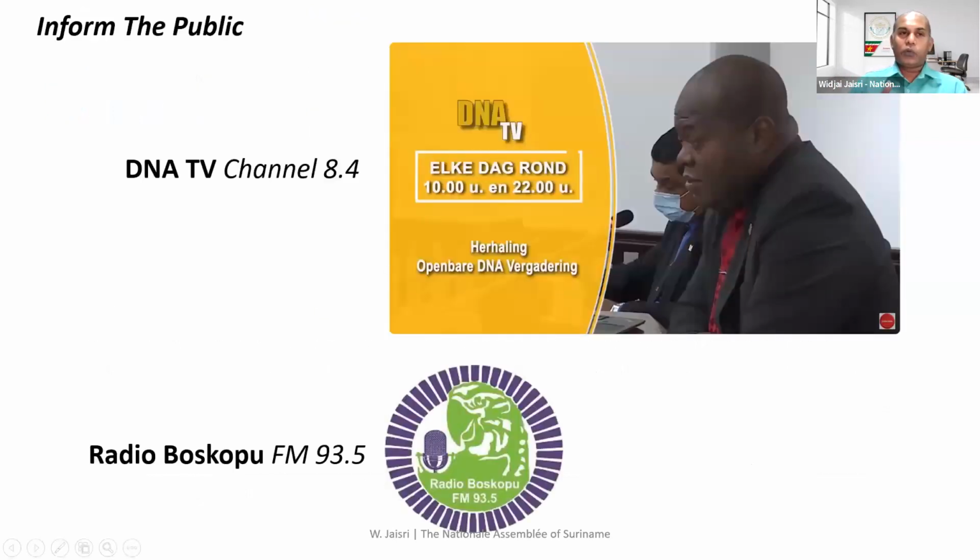We also have how we inform the public, the citizens, the people who want to know what's happening in the parliament. We have our own TV channel, DNR TV on channel 8.4. It is our own TV channel where we have all the sessions, all the meetings on television. You can watch them, and you can after that review them at a specific time to see which meeting took place. But also a radio station that is trying to send out the meetings by radio,